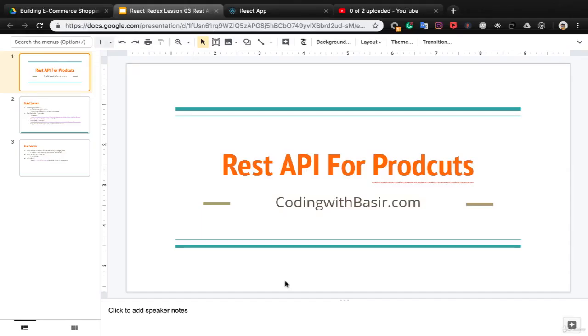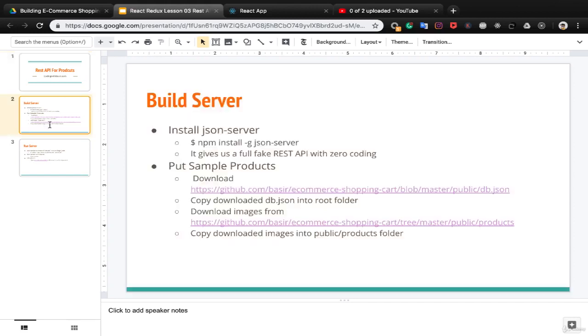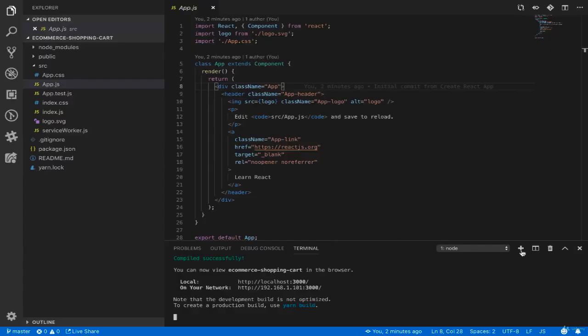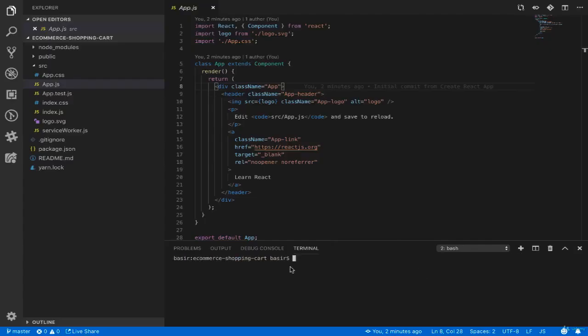For showing a list of products, we need a RESTful API which returns an array of products. Let's create the REST API server with the json-server npm package. First of all, we need to install this package globally. Open your integrated terminal in VS Code, press the plus button to create a new terminal, and install